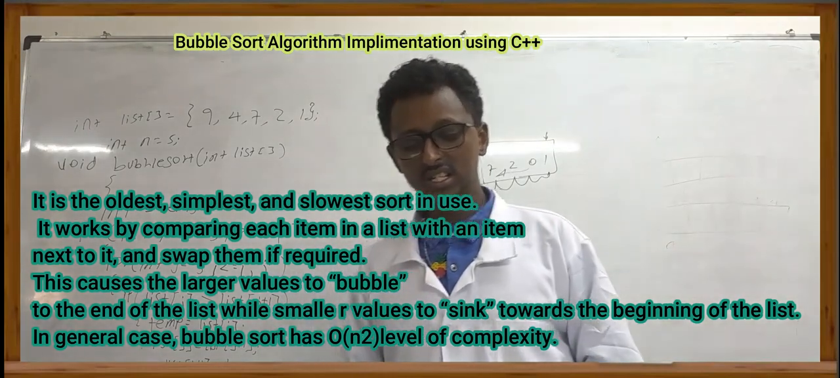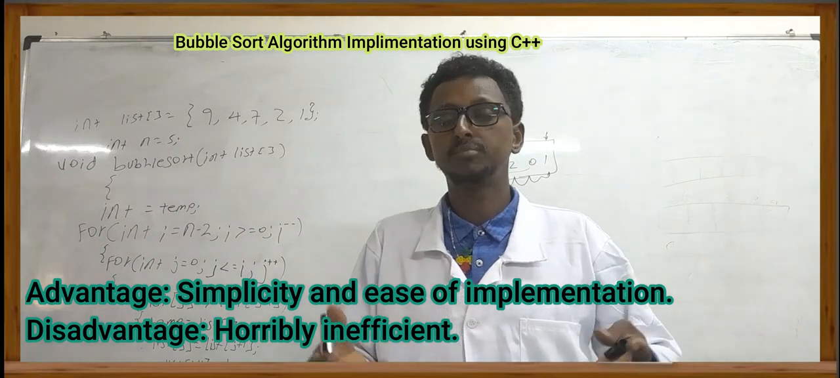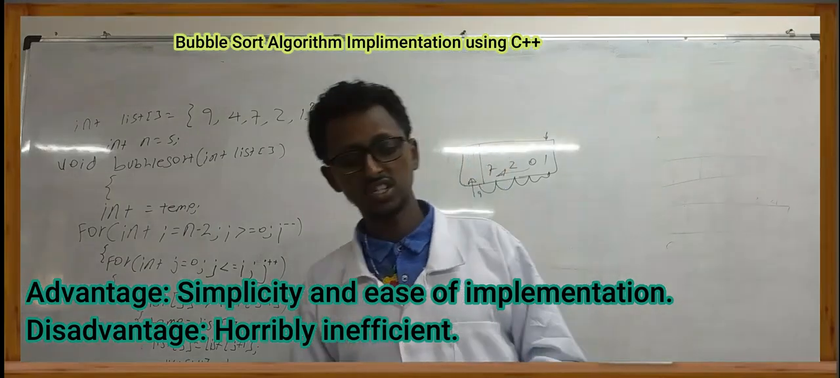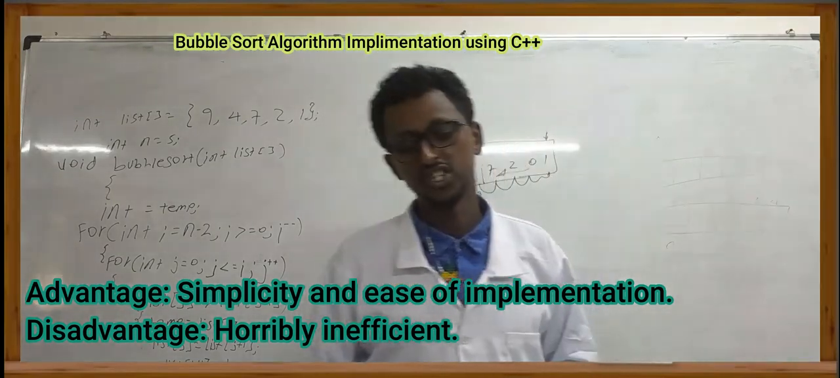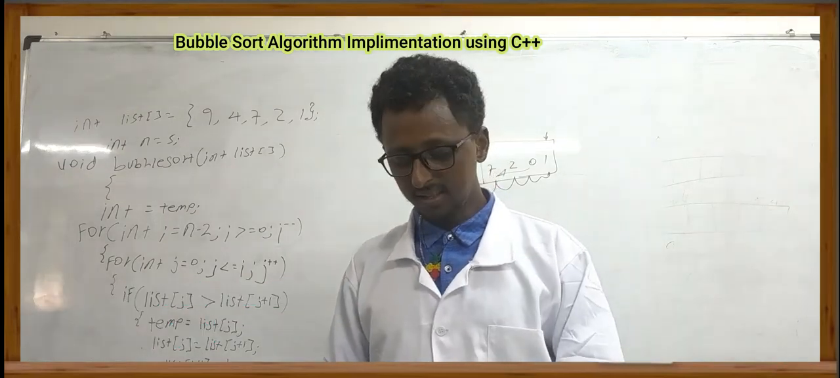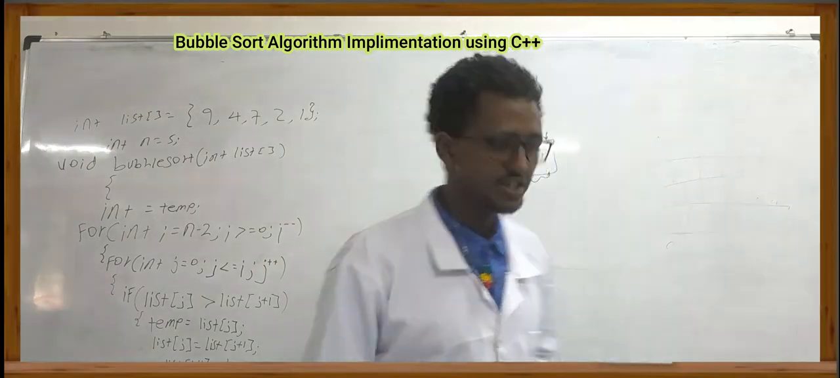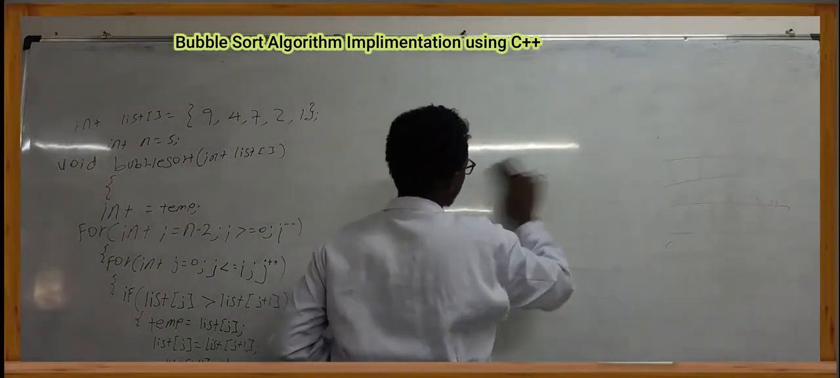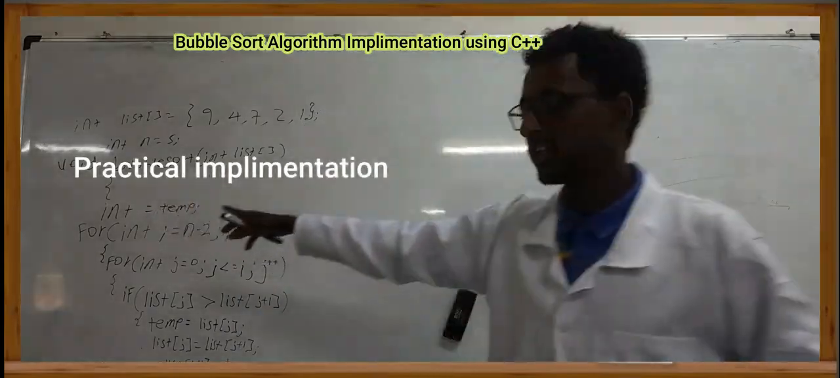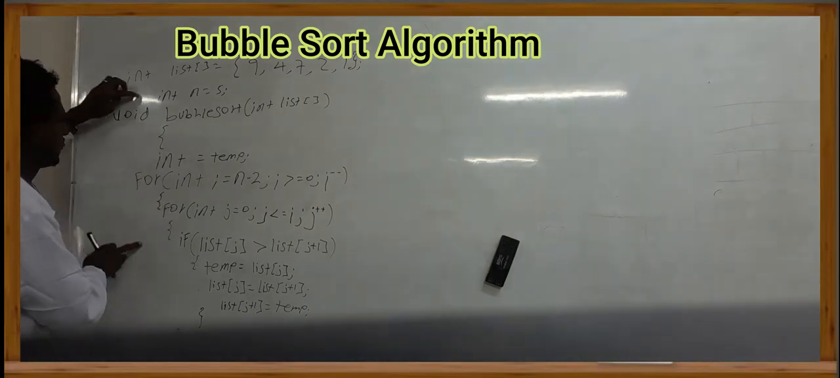Now the advantage and disadvantage. The advantage is simplicity and ease of implementation. But the disadvantage is that it is really inefficient. So how do we implement it in a C++ program? Please focus your attention here and see with examples, as you see from the diagram. This is the simple bubble sort